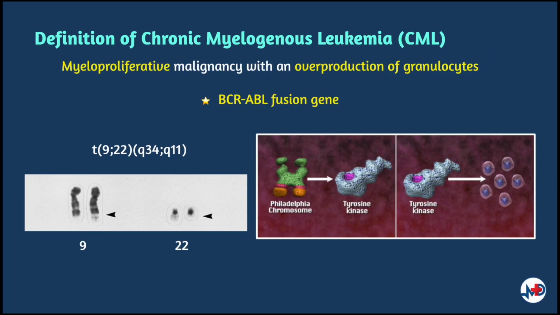Chronic myelogenous leukemia is a myeloproliferative malignancy involving pluripotent hematopoietic stem cells, leading to an overproduction of myeloid cells, especially granulocytes. This dysregulation of hematopoiesis stems from a BCR-ABL fusion gene that causes abnormal clonal expansion of myeloid cells. CML can progress into an accelerated or blast phase, which results in acute leukemia.